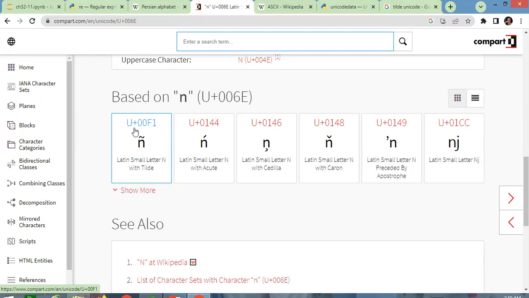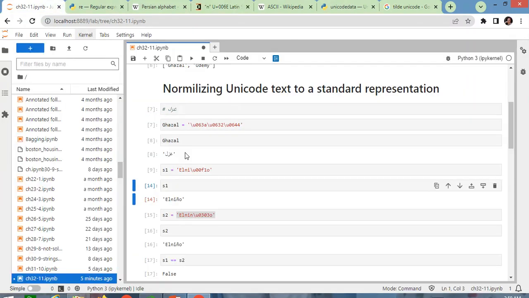You can see that the Unicode is U00F1. I wrote it here, and the O at the last part, and you can see that when I show this S1,